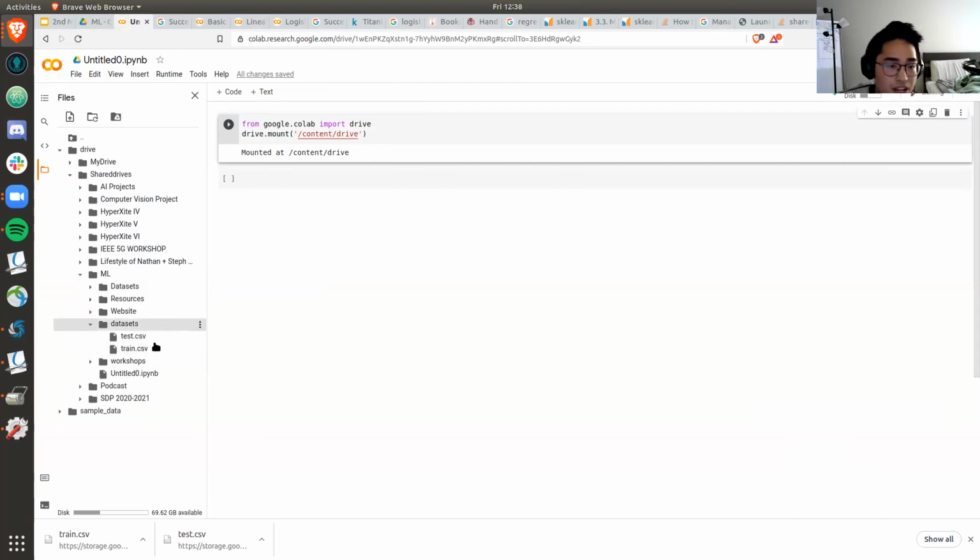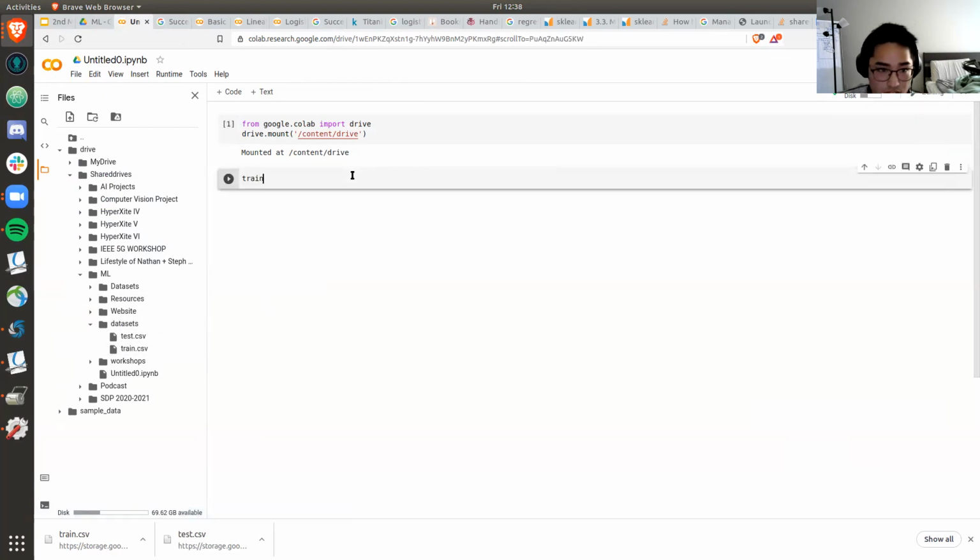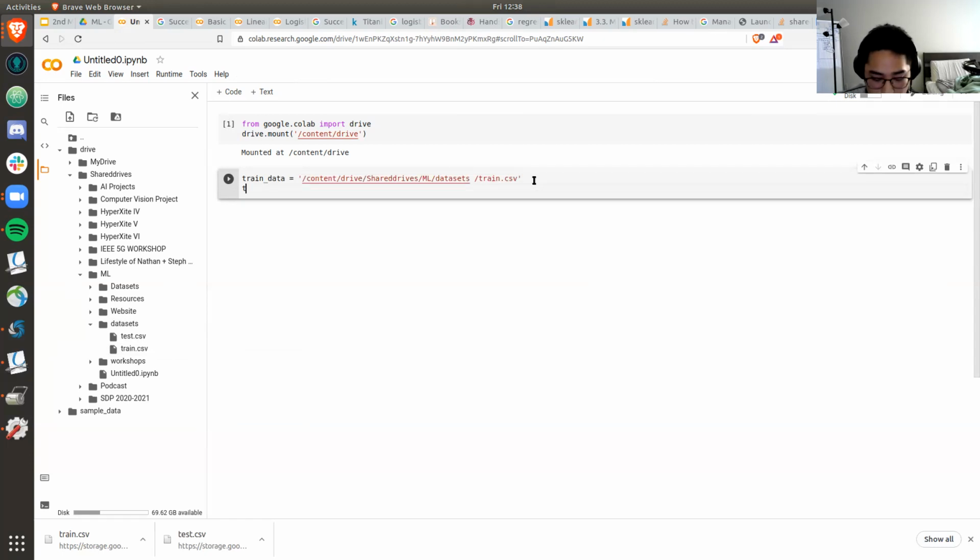and right here, I have two different types of datasets, right? So I want to create a train data variable, which is going to equal the file path. When you have the file path, it means that your program or Google Colab will look at the file path and find that file in your Google Drive. So you pretty much copy the path, and then you copy your test data. Pretty much just copy the file path again. Shift enter to run the code.